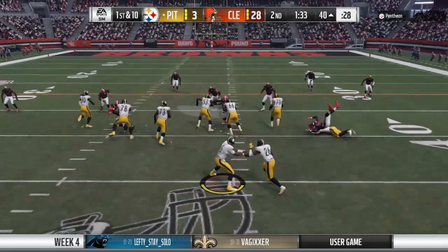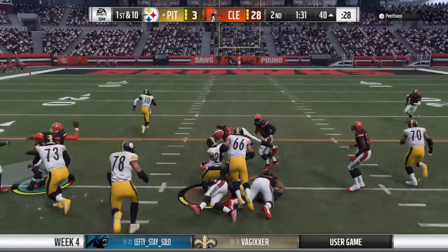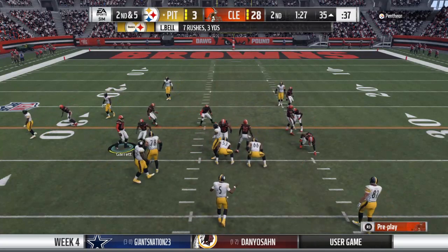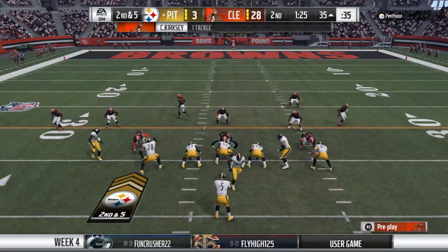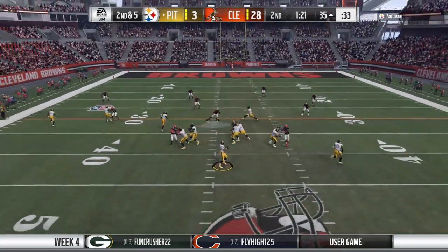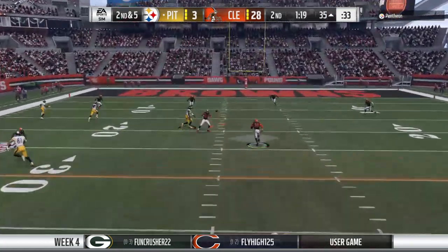Here we go! They'll run it now out of the gun. And he's going to fight his way forward here for a modest gain. 5 yards is the tally on first down. That brings up 2nd and 5. Even though they gave up more than they wanted to on that play, it actually illustrates how well they...